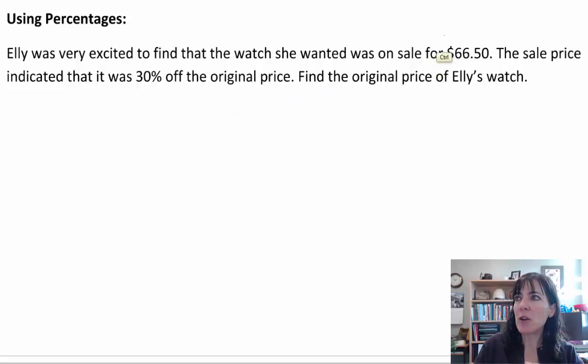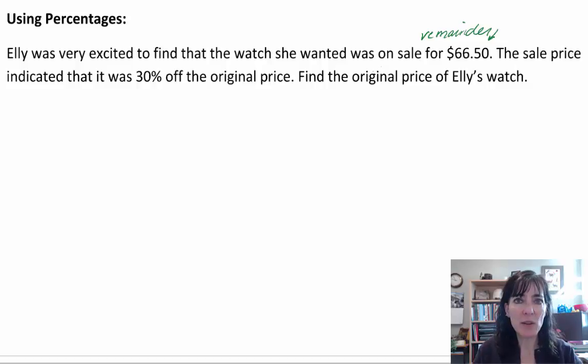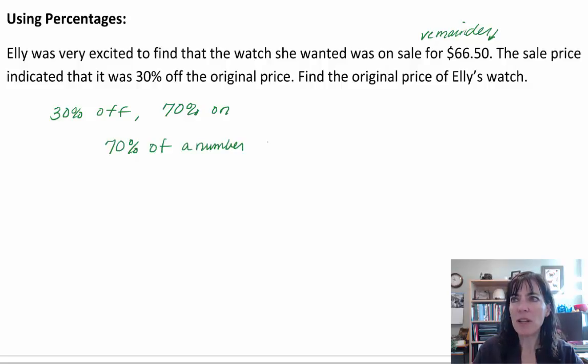So if it was off, we have two different things here. This is the remainder from the sale. It's the actual price, but they took off 30%. So if it's 30% off, that means that 70% of the price is still there. So we're going to say 70% on. And so if we do that, then we can think of it as 70% of a number is